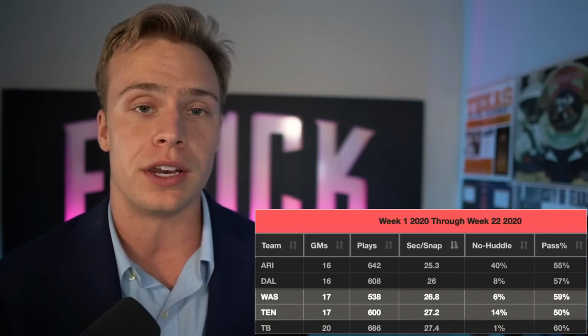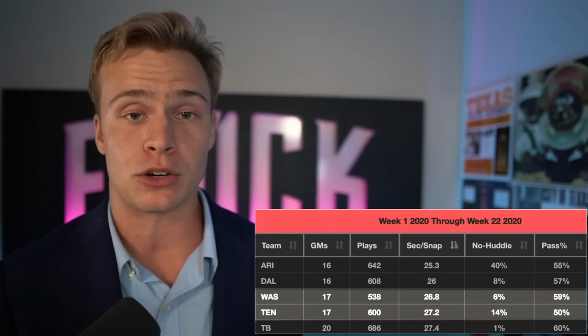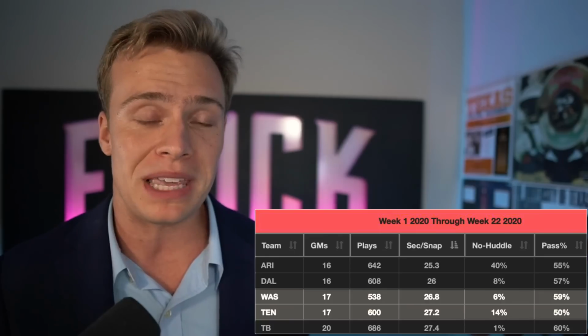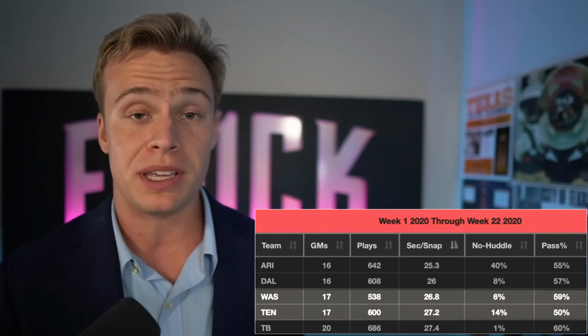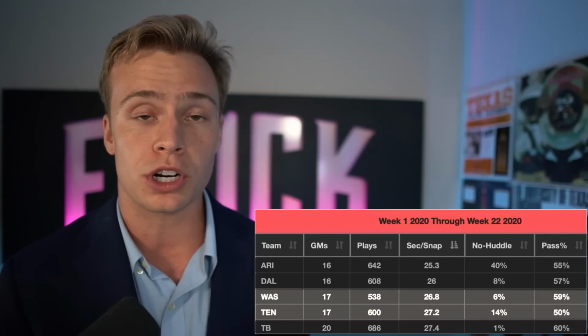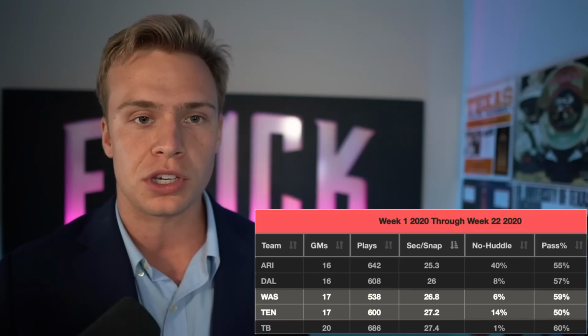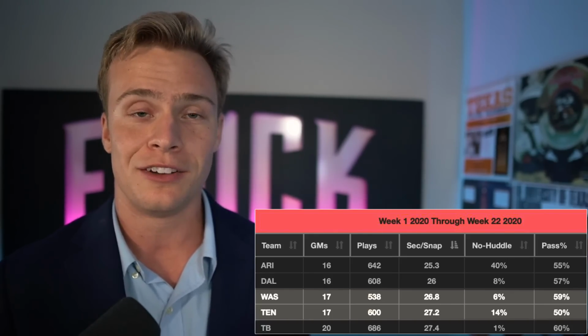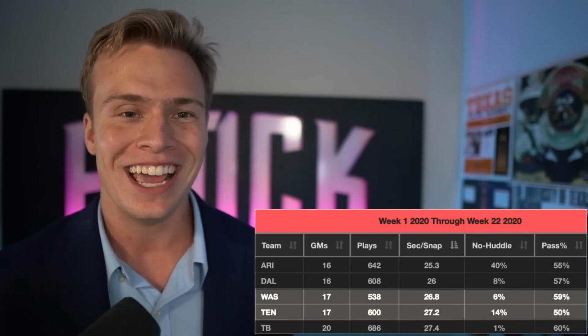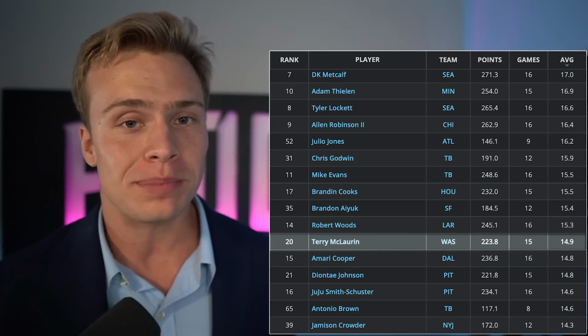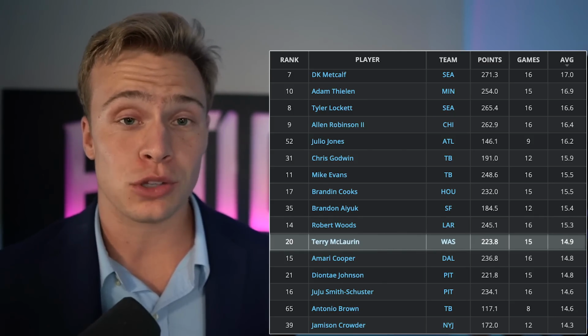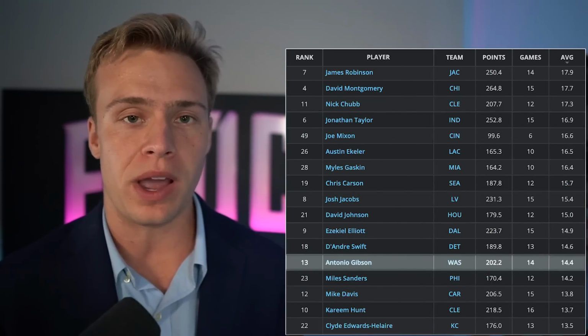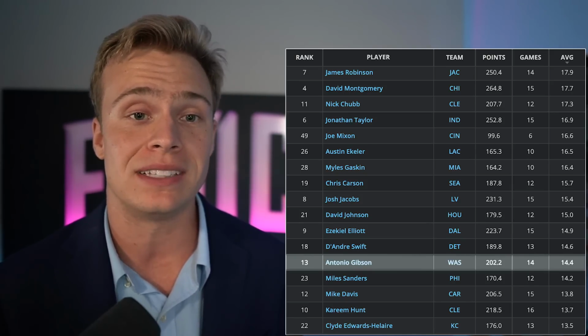And let's focus in on 2 very bad offenses that have bad quarterback play that were still able to put up elite level fantasy football options because they had this kind of pace of play. We're going to look at the Tennessee Titans, and we are also going to be looking at the Washington football team, not going to say Commanders. Here with Washington, you had Antonio Gibson as a mid running back 2. You had Terry McLaurin as a mid wide receiver 2 as well. This is with some of the worst quarterback play in the entire NFL.